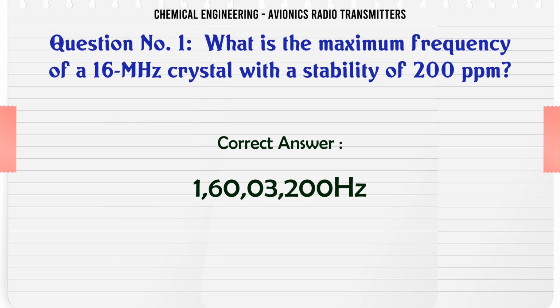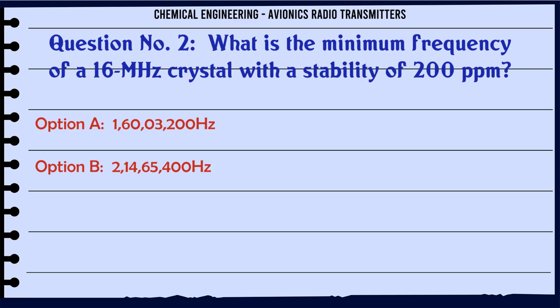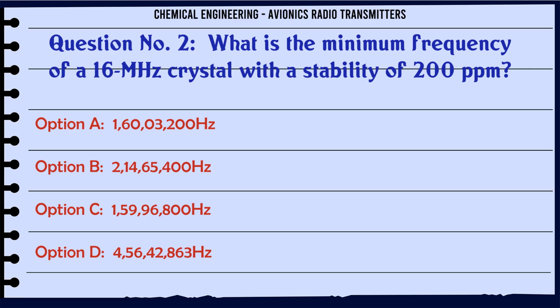16,003,200 Hz. What is the minimum frequency of a 16 MHz crystal with a stability of 200 ppm? A. 16,003,200 Hz. B. 21,465,400 Hz. C. 15,996,800 Hz. D. 45,642,863 Hz. The correct answer is